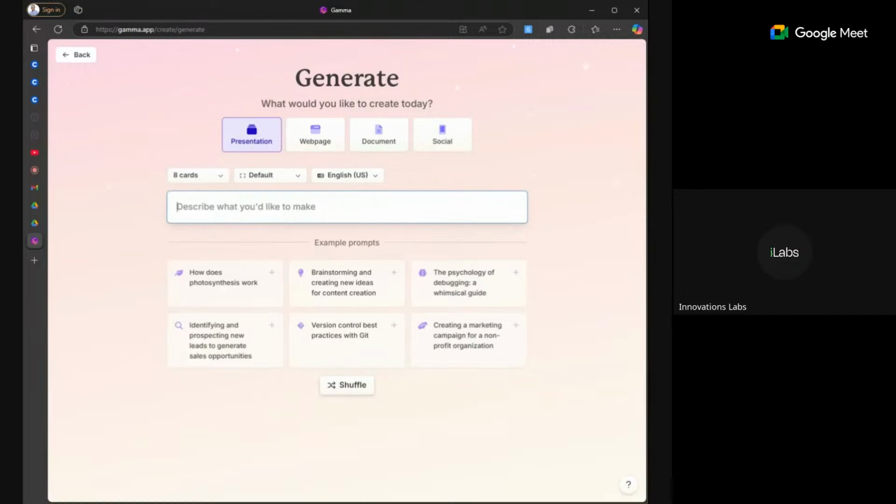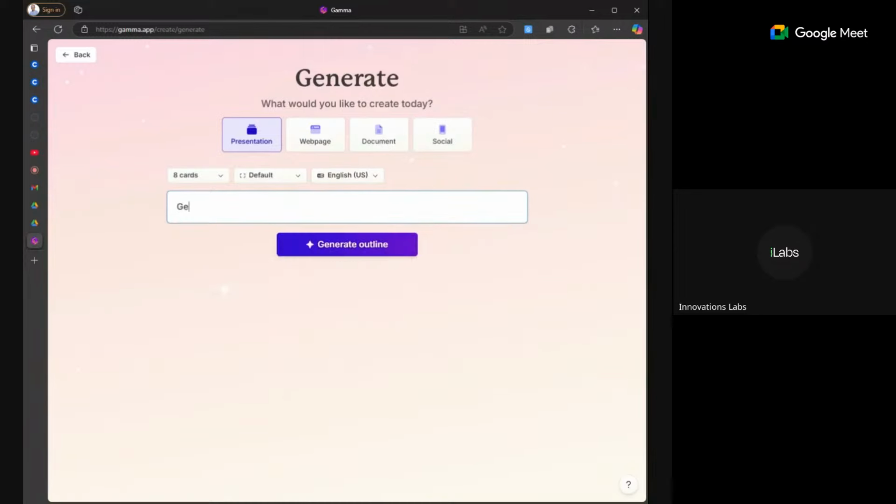So I will tell it, I will describe my idea. Generate me. Now, this one also has its own reasoning. It's also an AI tool, a generative AI as well. So when you type what you are typing, it's also going to bring its own ideas and reasoning. And I will show you the beautiful aspect of it is that you can edit that reasoning to suit what you need. So I will say, generate me a project